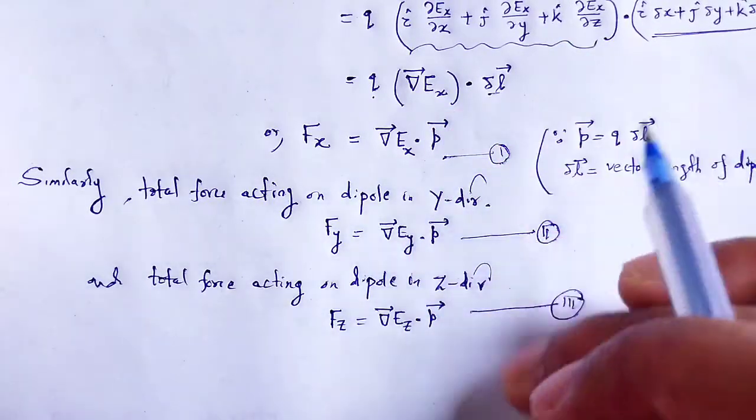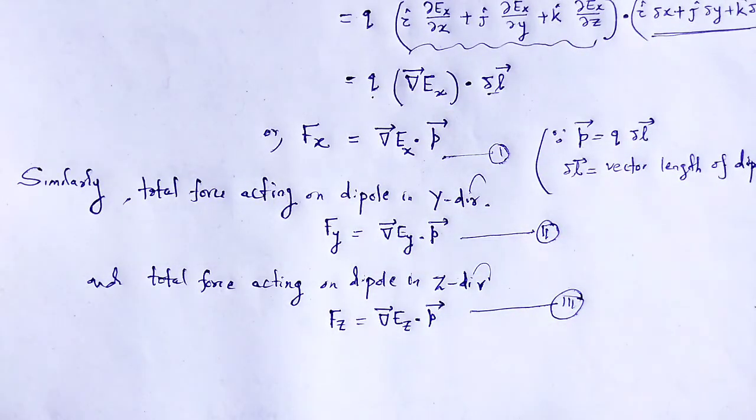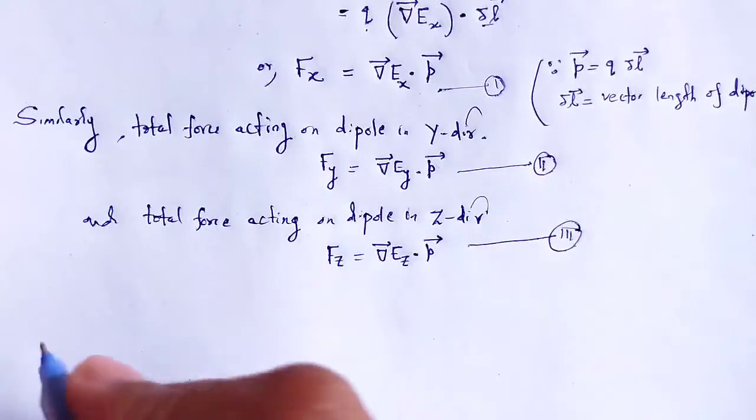Adding these three, we can get the total translatory force on the dipole when the dipole is placed in a non-uniform electric field. Therefore,